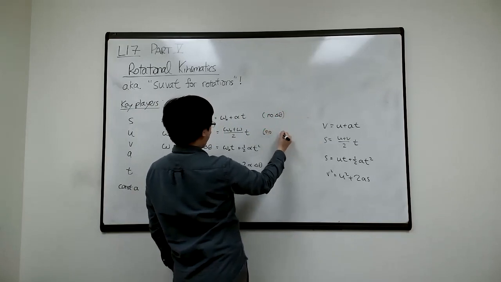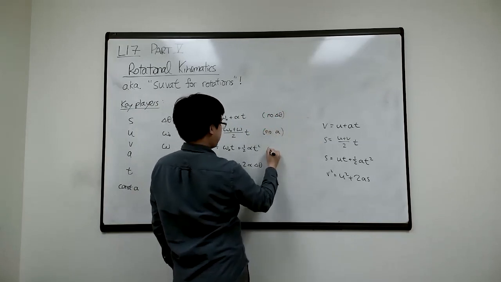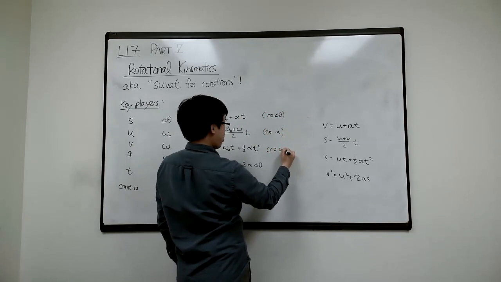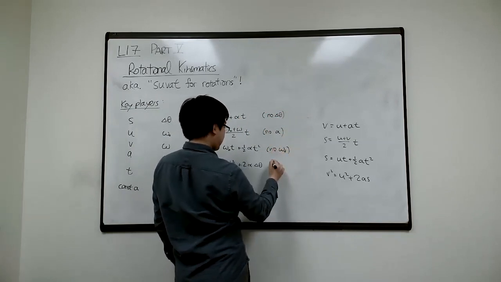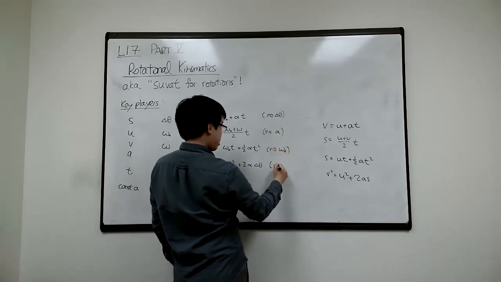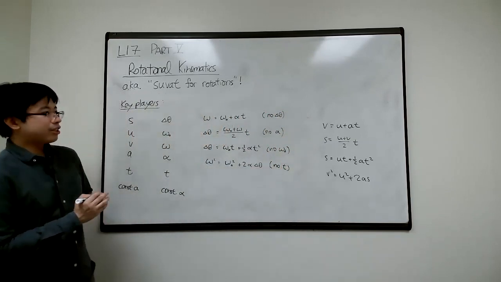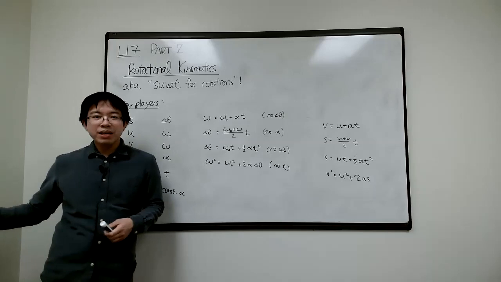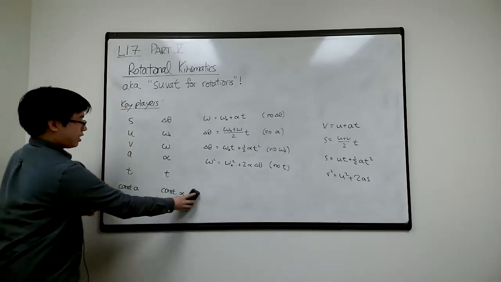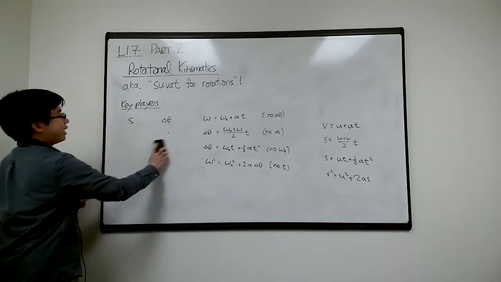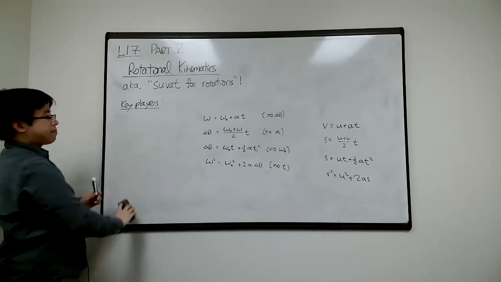This one has no angular acceleration. This one has no final angular velocity. And this one has no time. Exactly the same procedure. All right, so let's look at an example: if you go on a carousel, like a merry-go-round,